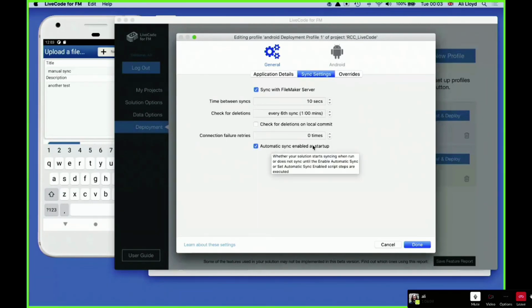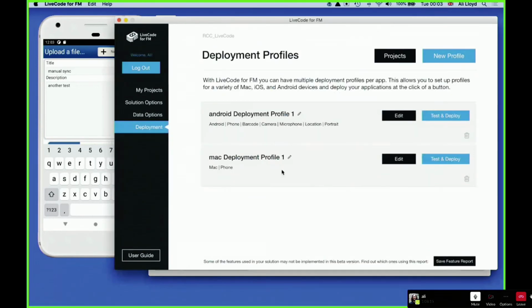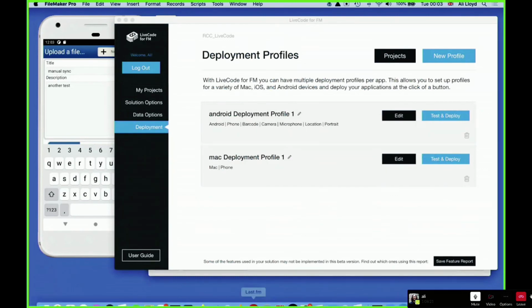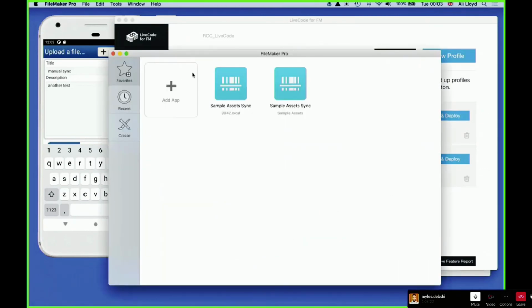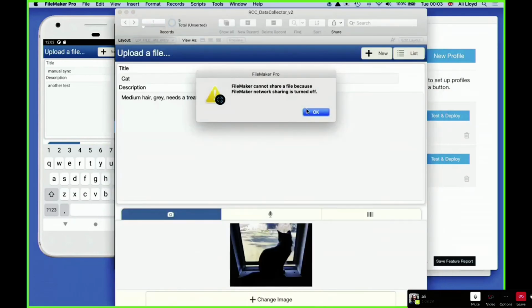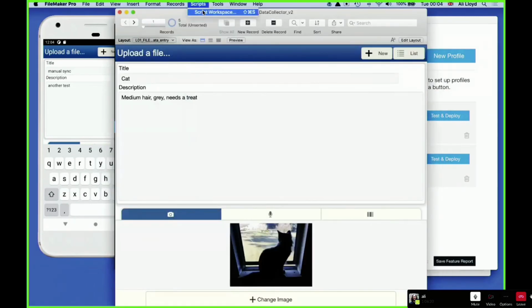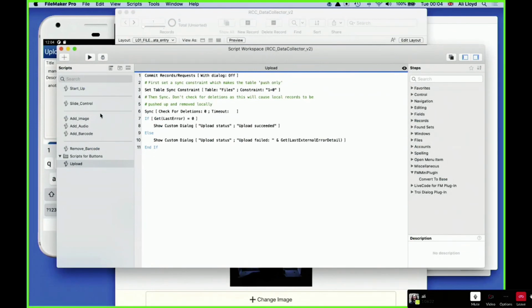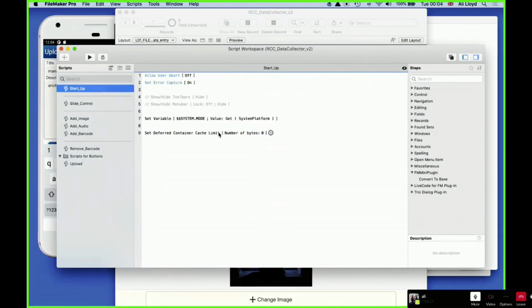So here we're going to have automatic sync enabled again at startup, just to show. Oh yeah, I forgot to show you actually. So what I did here, in this modified version of the app, I actually added to the startup script to set the cache limit to 0.